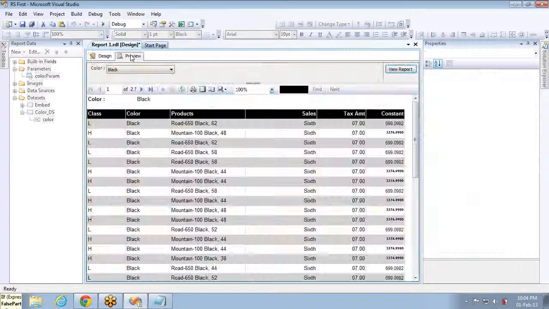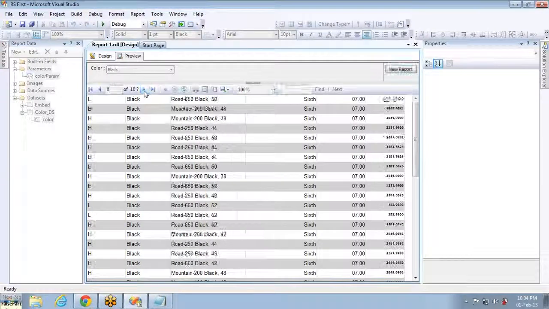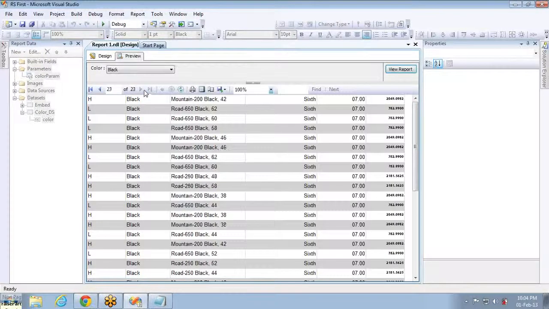If it is false, directly it will show in one color, else it will show in another, you can see. And if I have any value greater than 5000, it will be in an entirely different format, but I'm not seeing any value greater than 5000 here. I have only 2000, 700 and so on. I don't have 5000 values. So this is how you can make use of the constant values.